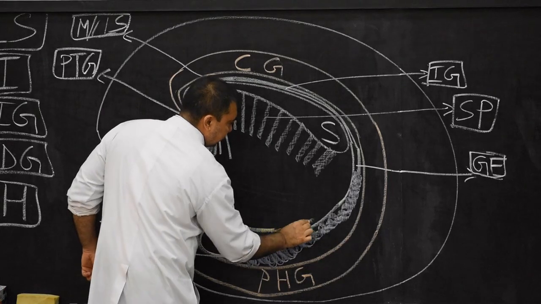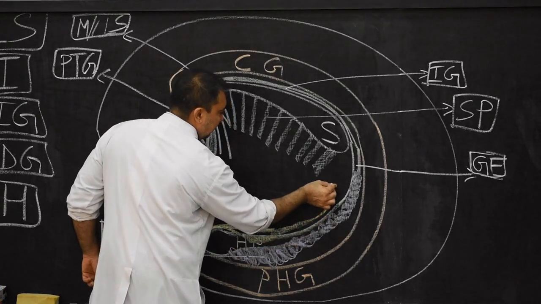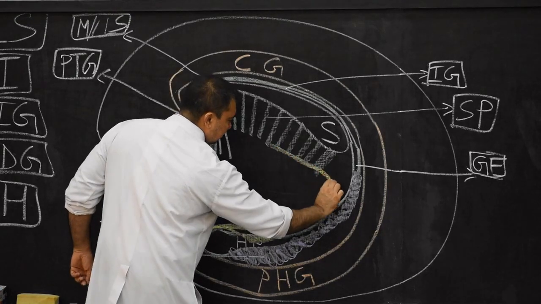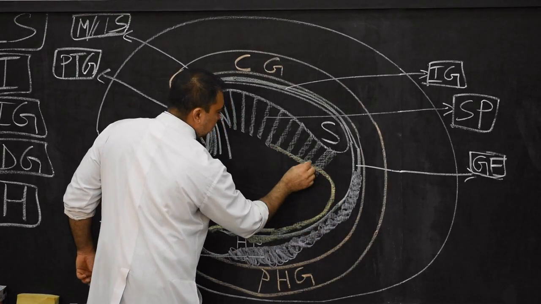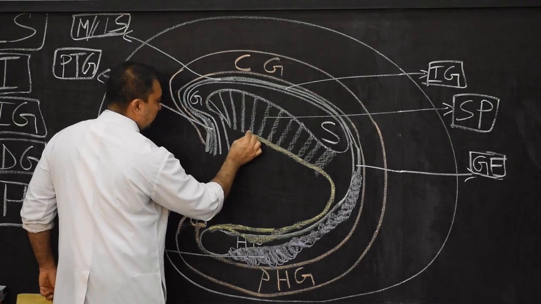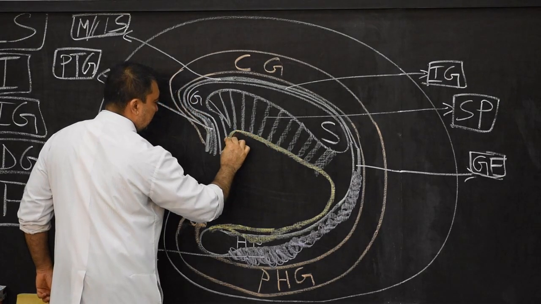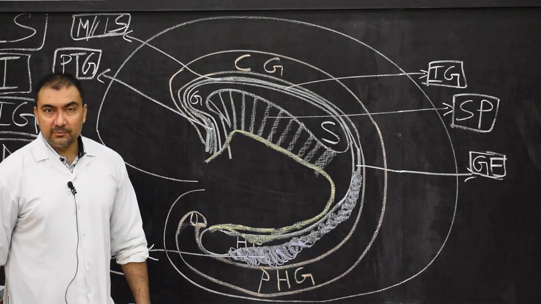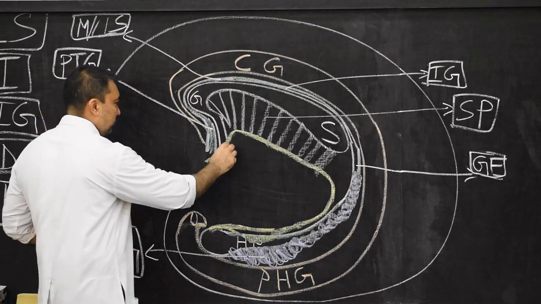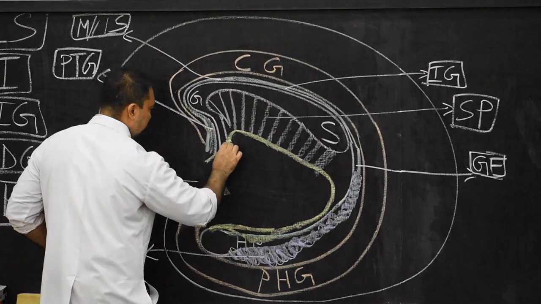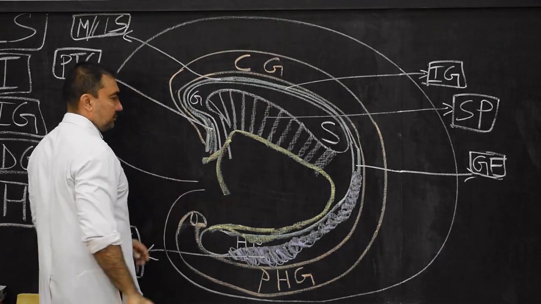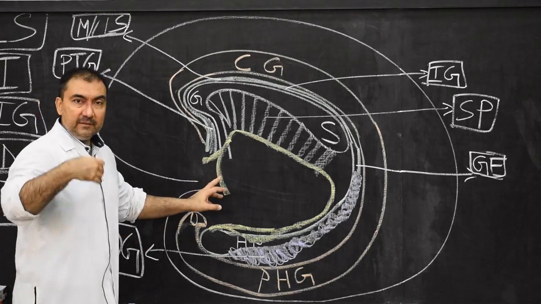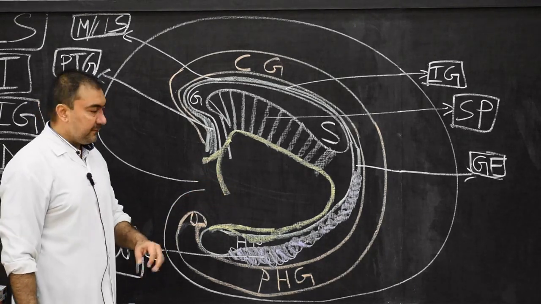Then it will continue posteriorly and below the splenium, curving around the thalamus, it will continue as the crura of the fornix. And then it will form the body of fornix. And then after coming here in front, it will split into the two anterior columns of fornix. And here we show that this fornices will divide into two parts. This is how we show. And we leave this portion over here. We will complete this when we come to the fornices, when we take the last point.